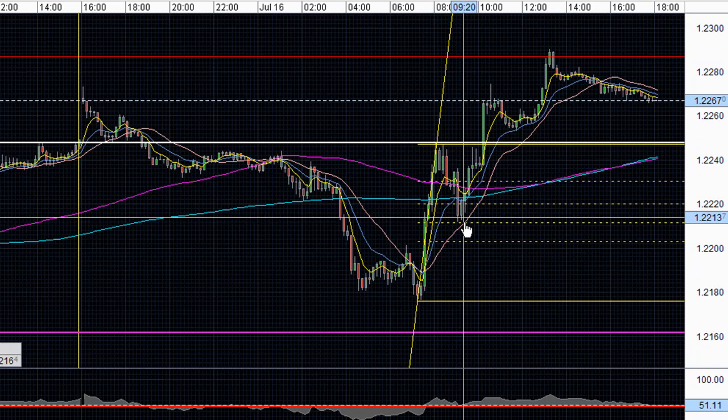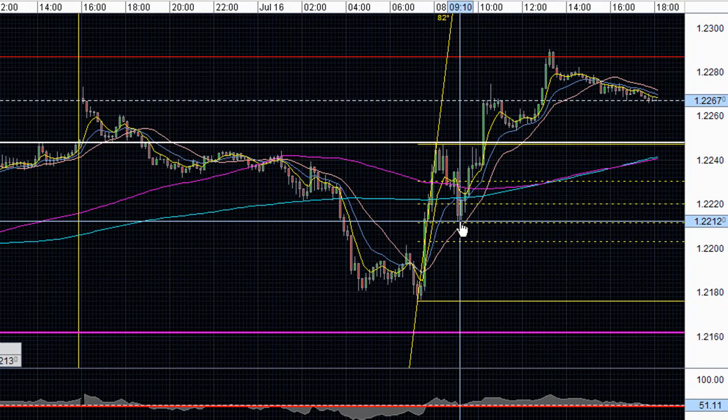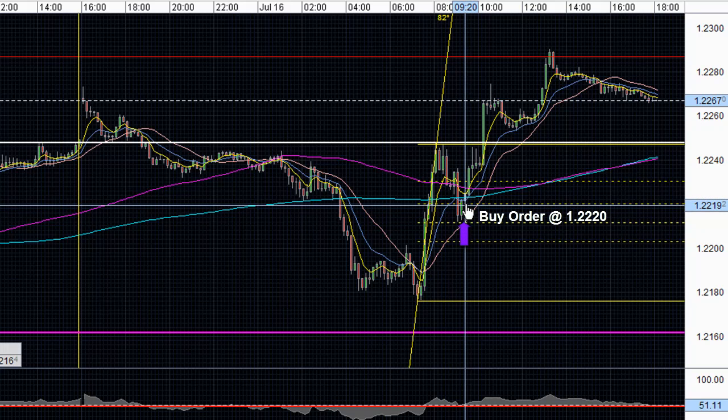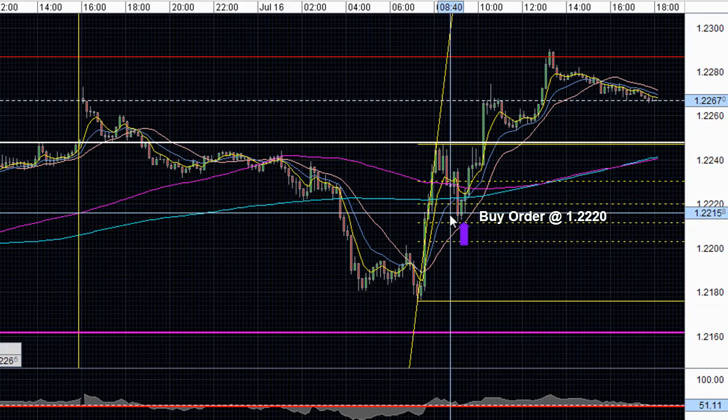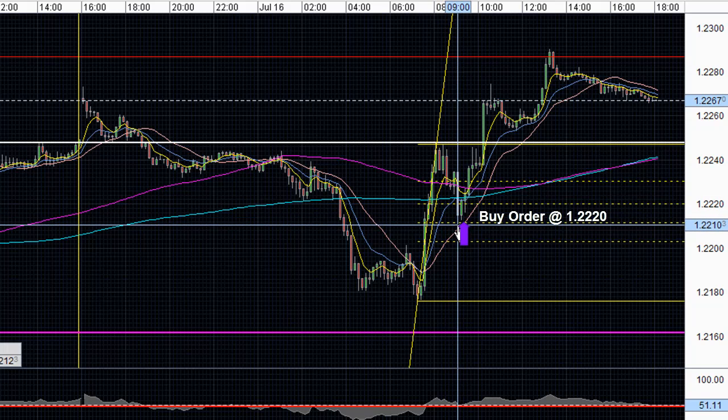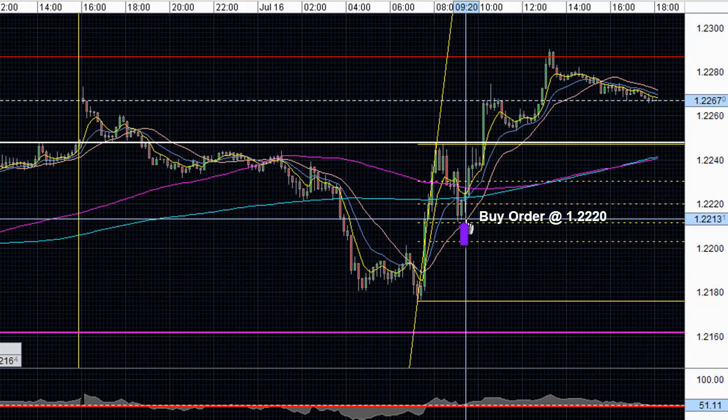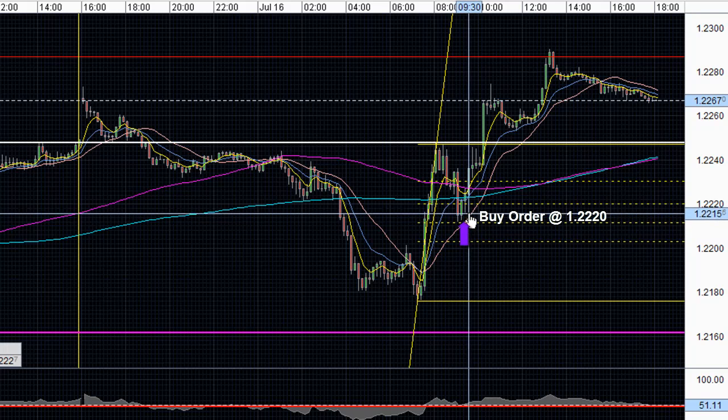So if I was in front of my platform at this time, then what I would have done, I would have entered a buy order at 22.20 upon bullish confirmation, and I would have placed my stop loss on the other side of this recent low at about 22.10, below this Fibonacci retracement level, and I would have held onto my trade and took profit at